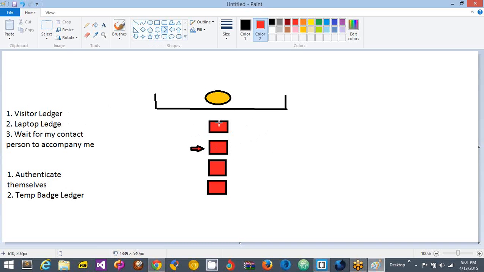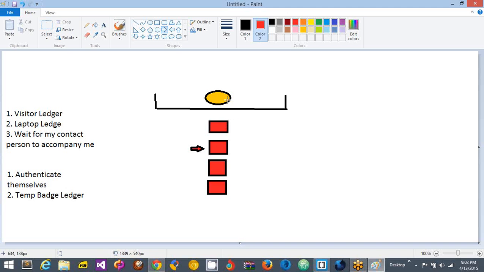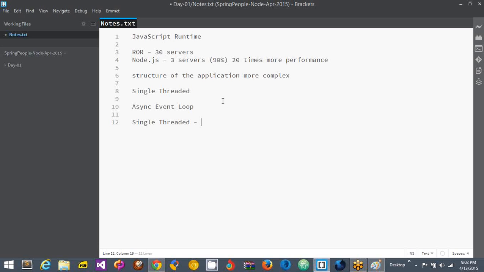This model is, you have only one receptionist. So this is single threaded. She can handle only one visitor at any point of time. I'm sorry, there is only one person who handles all the visitors, right? Single threaded, only one person. And while I am filling all these ledgers, she cannot attend to anyone else, right? So I am blocking completely. So she functions in a blocking fashion,